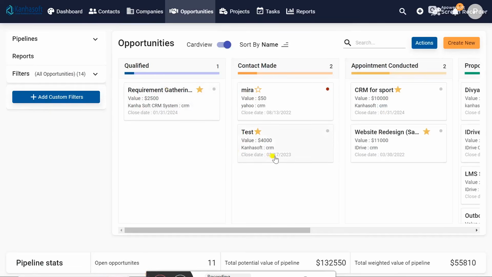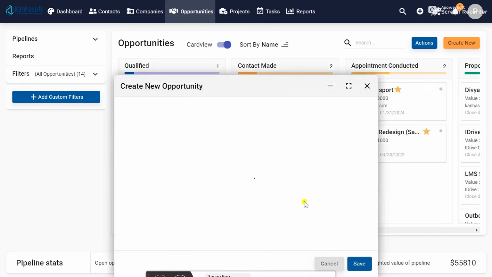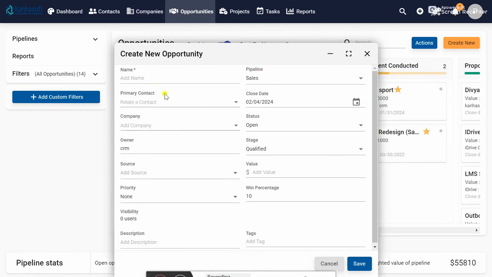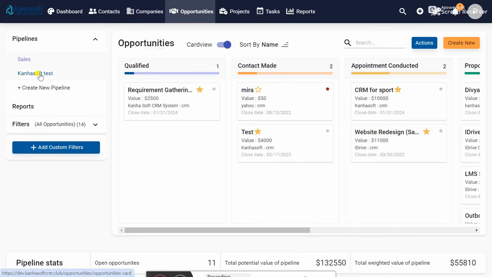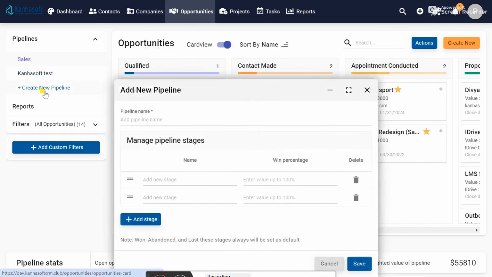This is the Kanban type of methodology, and this is sales. If your sales team gets a requirement, or you have a grading for any leads, you can manage this opportunity. To create any lead, click the create new button to see the various types of fields, and you can also create pipelines. We have already created two pipelines. To create a new pipeline, click on create new pipeline and see the pipeline details.